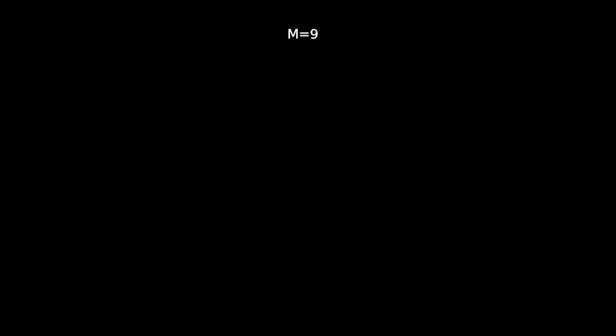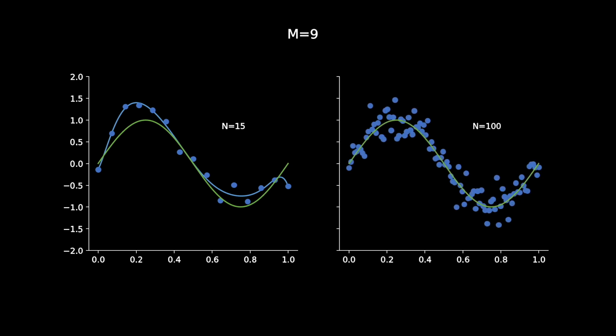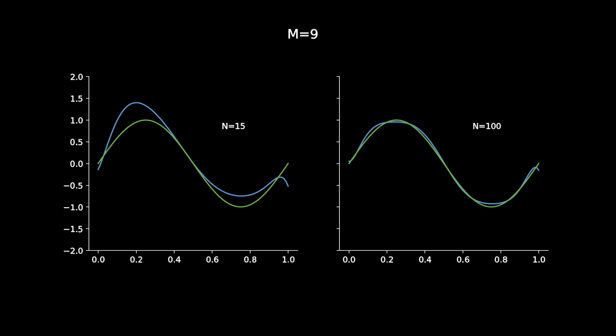So I tried that, and here are the results. The results are only shown for M9. I increased the data points for fitting to 15 and 100 as well. And even the 15 seems to perform better. See here that even for 15, the curve is now somewhat sine curve like. And for n equals 100, it is definitely a sine curve. Let me remove the training data points so that you can see it for yourself. And it also did good on the test data set as well.